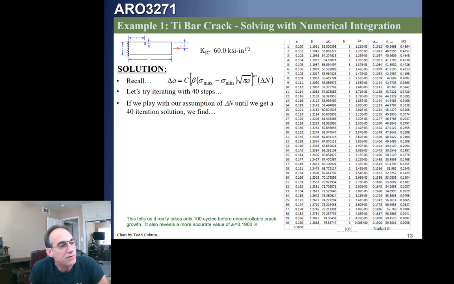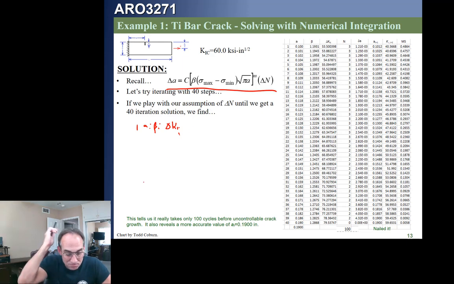Now, if I do give you the numerical approach, let's say I tell you on a test I want you to use a numerical approach. That means we're going to use this equation right here, right? And let's say I want you to use 10 steps. So what that means is you're going to take your first iteration where you put in your first initial crack length and your beta initial and your delta K1 initial, and then you're going to grab some number. Let's just assume 50 steps. We calculate our delta a and we add that to our initial,